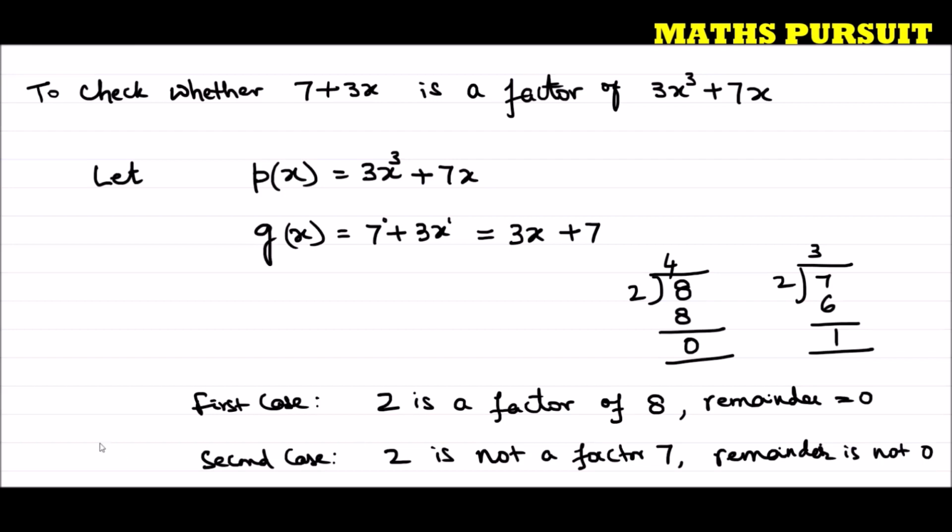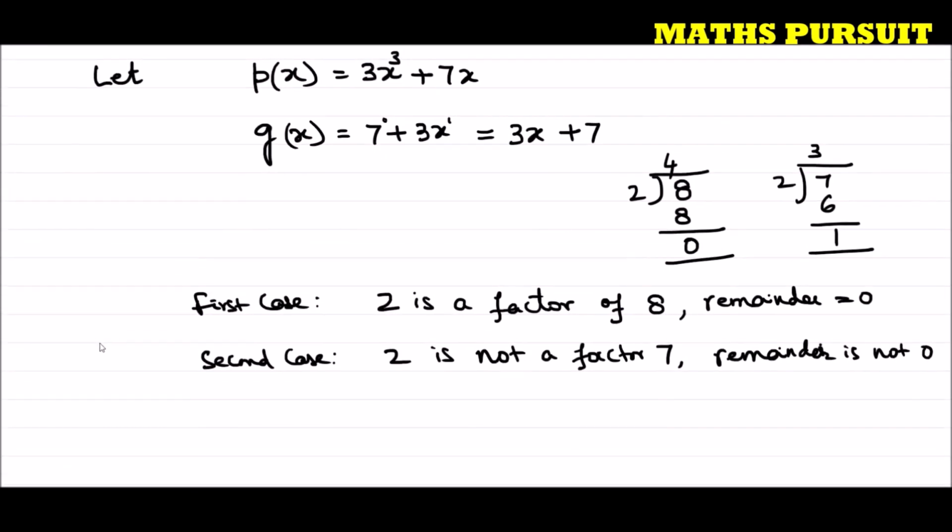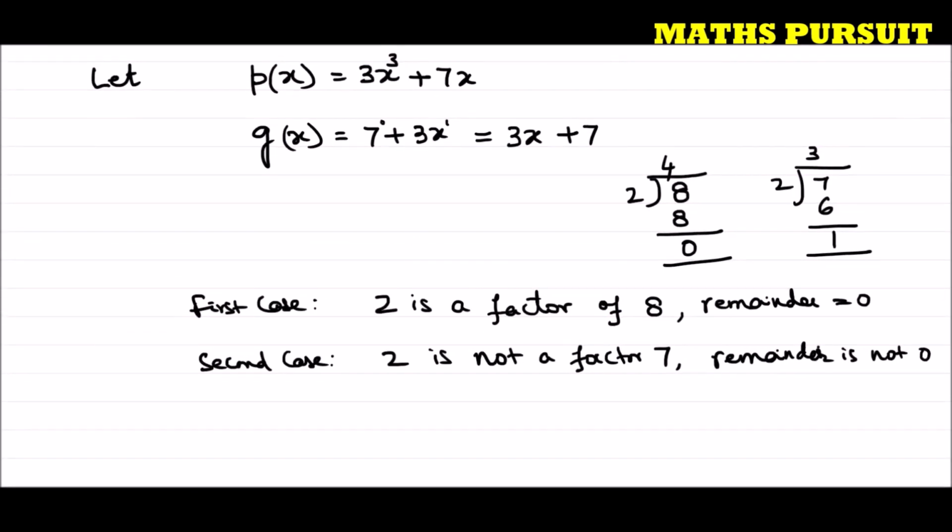Now, after understanding this, let us find out the remainder first. If we find out the remainder first, then only can we understand whether we are getting the remainder as 0 or not. If we get the remainder as 0, then definitely the divisor is a factor of the given dividend. Now, in order to find the remainder, I am going to apply the remainder theorem. As per the remainder theorem, we need to find the zero, or the root, of g(x).